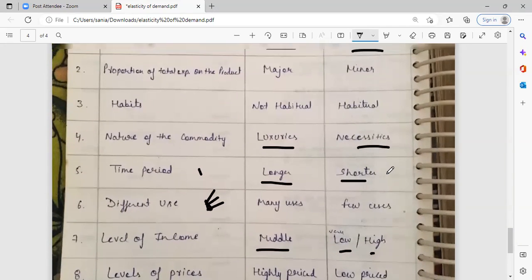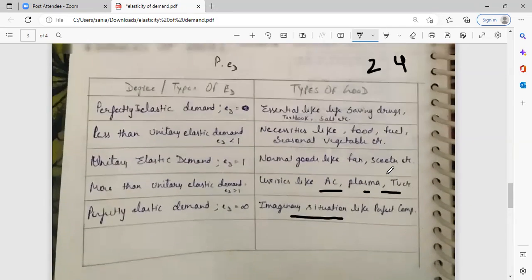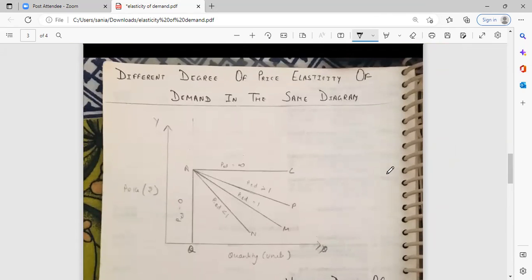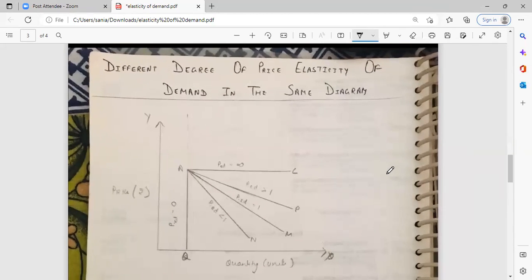Yes, ma'am. Okay. So this will be homework. These 2 pages will be homework. First of all, you will take a screenshot of this. You will draw this, and in our next class, you should be ready with your formulas. Learn your formulas by heart, because we'll be starting with the numericals. Clear? And if you are not aware of the formulas, then you won't be able to solve the numericals. Clear? So quickly take a screenshot of this.